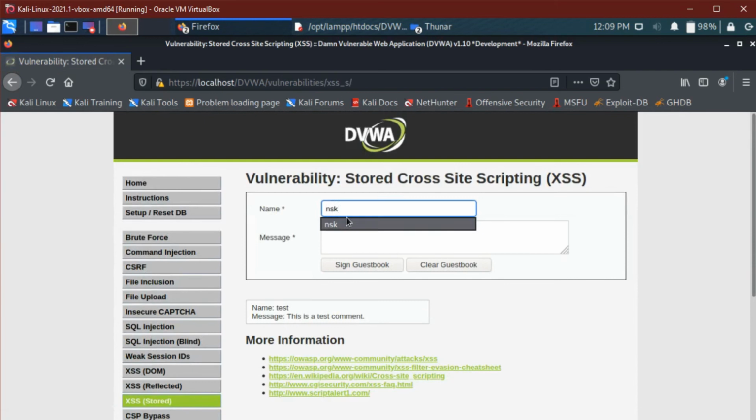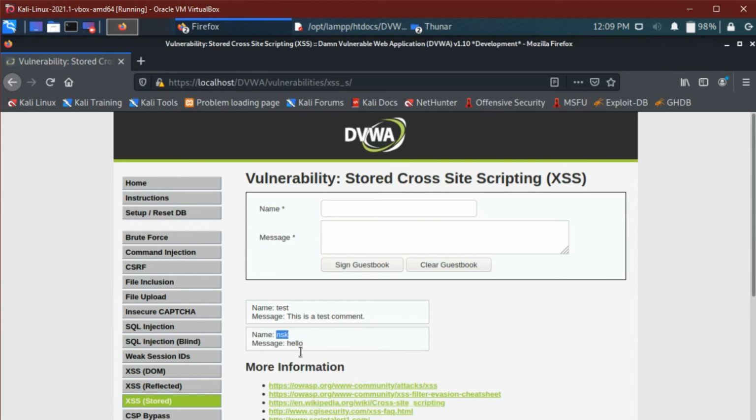Now I am typing here NSK, and I'm just typing here hello. When I click here, see, name NSK and message hello will be displayed here. Next, I'm typing NSK here, and I'm going to inject a JavaScript payload like script /script.